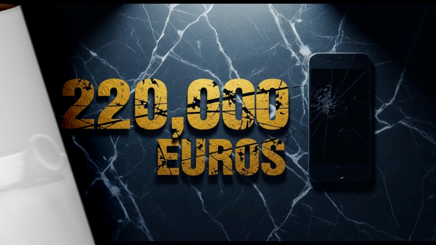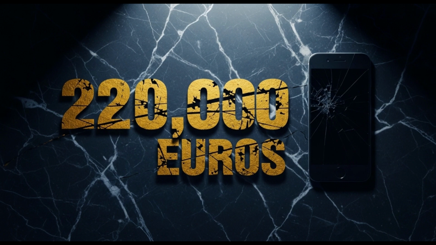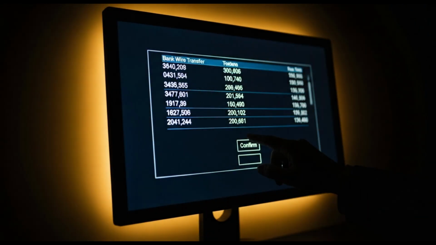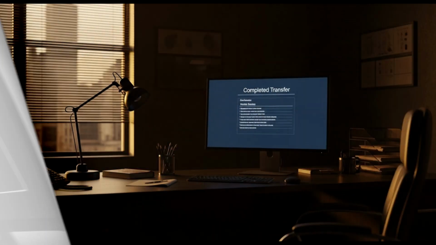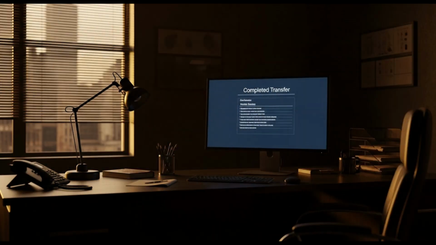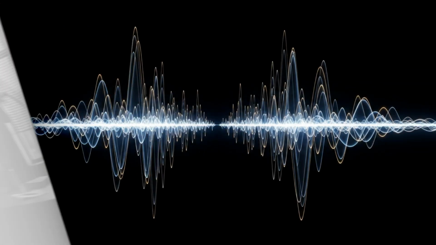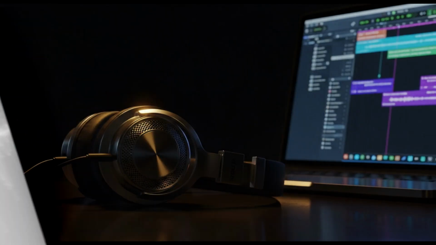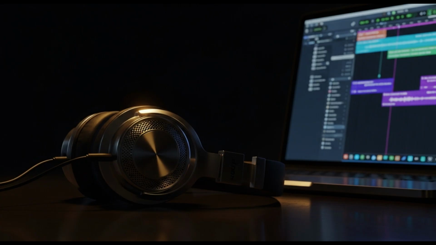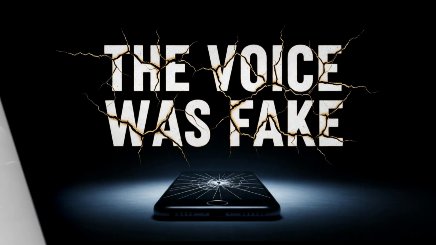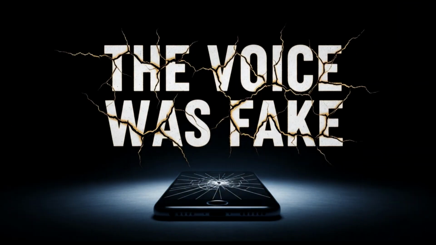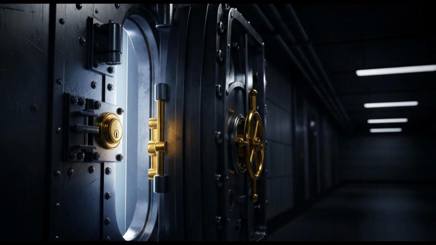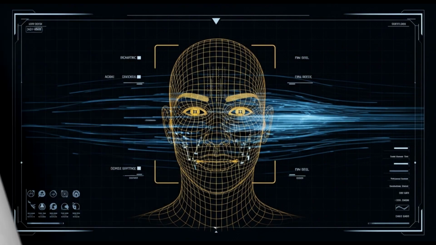So how does it actually work? The technology behind deepfakes is built on something called a Generative Adversarial Network, or GAN. Do not let that term intimidate you. The logic behind it is actually quite elegant. Imagine you have two people. The first person is a forger. Their job is to create fake paintings that look like originals. The second person is a detective. Their job is to examine each painting and decide whether it is real or fake.